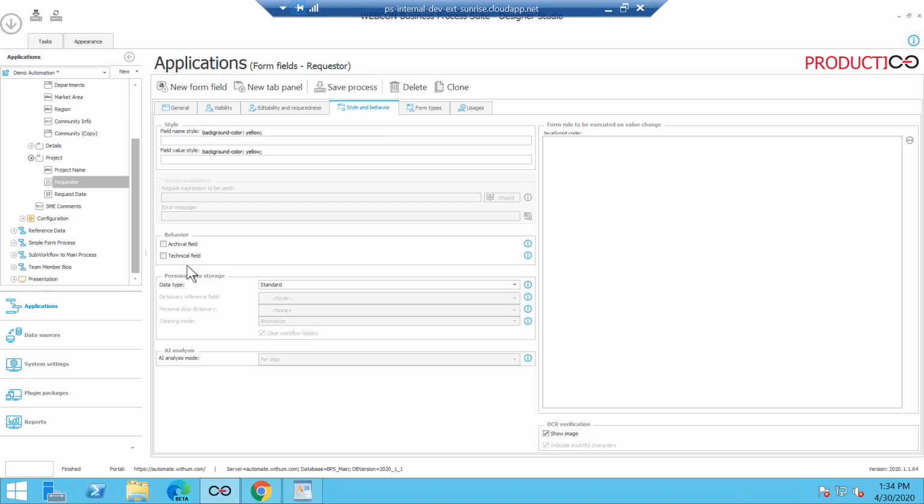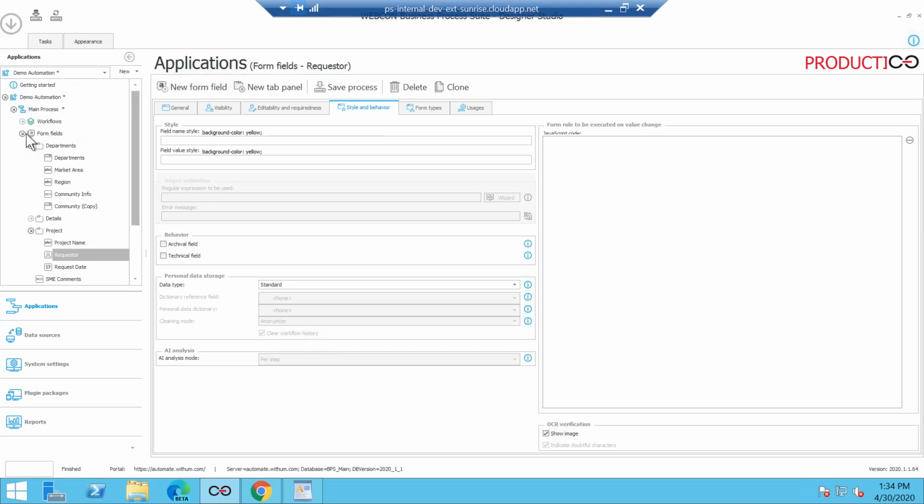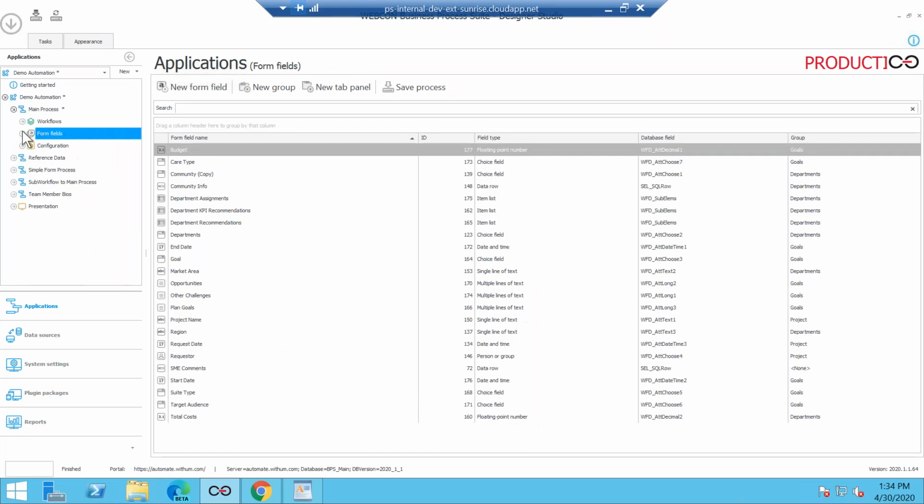You're just going to treat it as a regular field, but it's not going to show up on the form. So this is something we use immensely as well. The archive field is when you're just putting that field to the archive status. So that's the first one. So this is where you're going to set all your form fields.